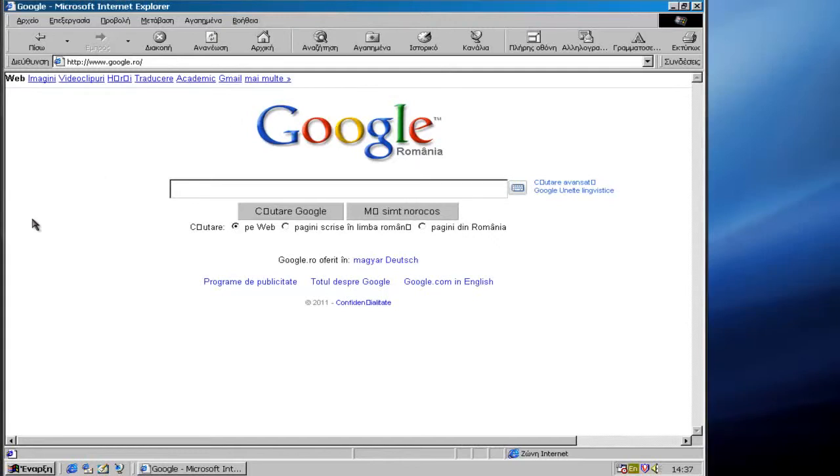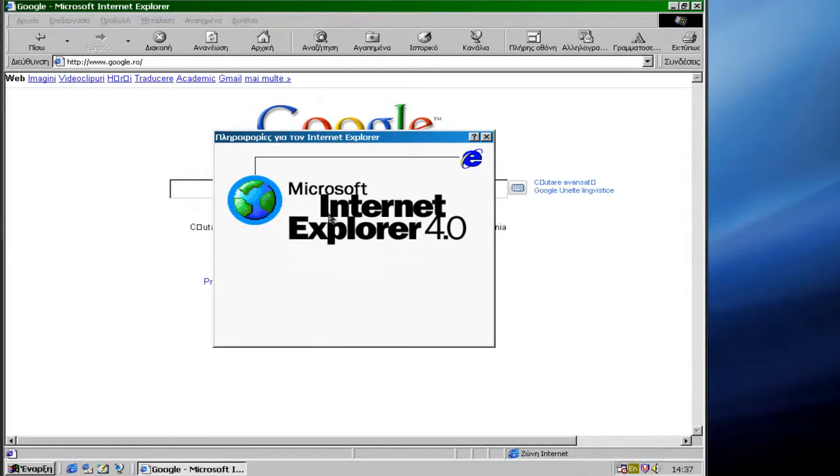Hello YouTube, today I have Windows 98 First Edition, and I have here Internet Explorer 4.0. Now I present a bug here. The first time you need, on this virtual machine, okay, it's just a virtual machine. If you have opened this